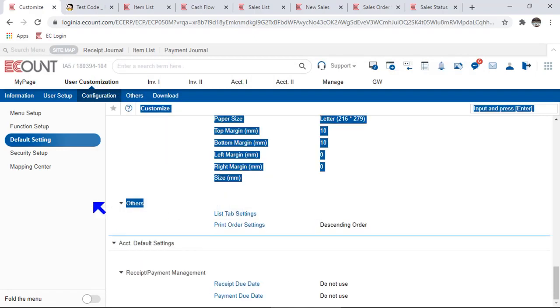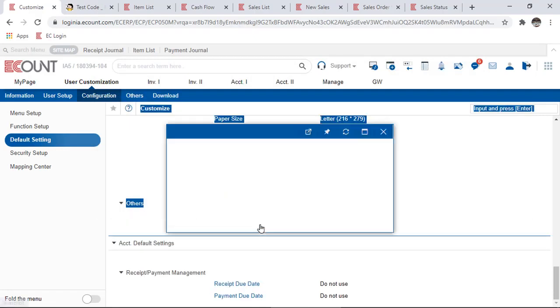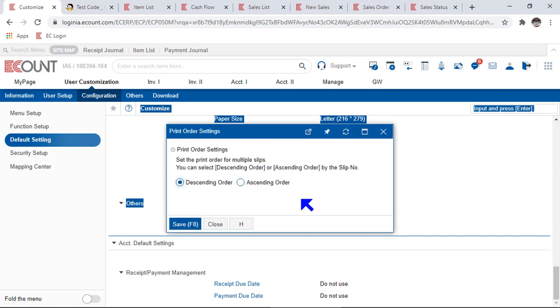Lastly, in Others section, you can find Print Order settings. This setting is applicable to when you print out multiple slips at once. You can set the order of printing out multiple slips in descending or ascending order based on their slip date number. So if you select descending order, then the most recent slip will be printed out first